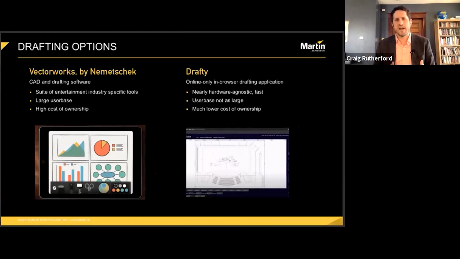One disadvantage of drafting in Vectorworks or AutoCAD, however, is that these are big programs and they tend not to run well on anything less than fairly recent hardware without some headaches. And they can be expensive. A perpetual license of Vectorworks Spotlight with maintenance will set you back like $3,700 plus another $600 a year to keep your software and your libraries current. And if you get Vectorworks, I think it's definitely worth it to keep it updated. Now, if Vectorworks is making enough money for you, enough to at least break even, then by all means, it's probably a worthwhile investment.